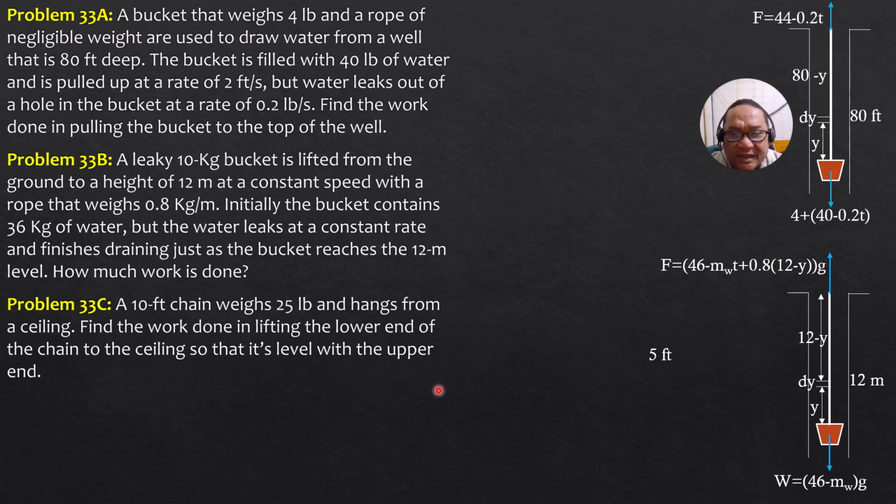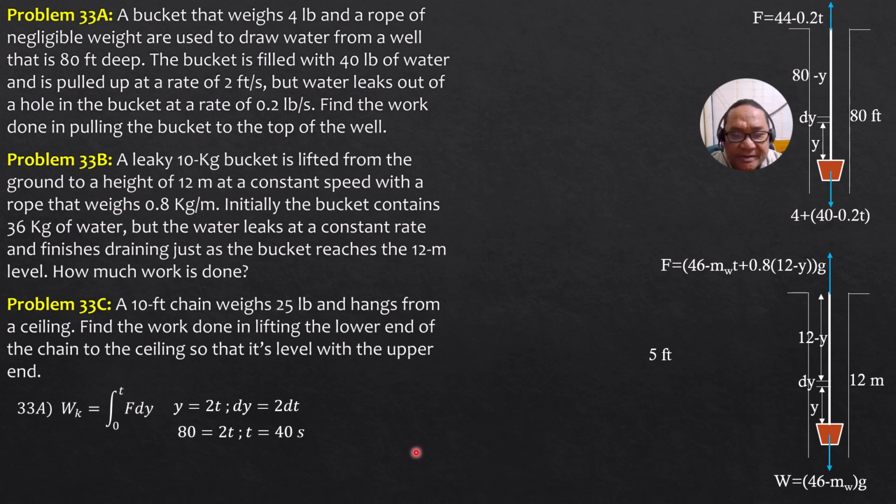So first, let's set up the equation: work equals the integral of this force dy from 0 to t, and we have the length of the rope, which is 80 feet. So y equals 2t. This y here is equal to the speed of pulling the rope up, which is 2 feet per second, times time. So that would be the value of y. Then the differential would be 2 dt. So that means when y is 80 feet, then the time for this bucket to reach the top would be 40